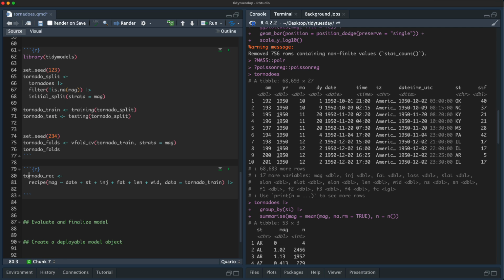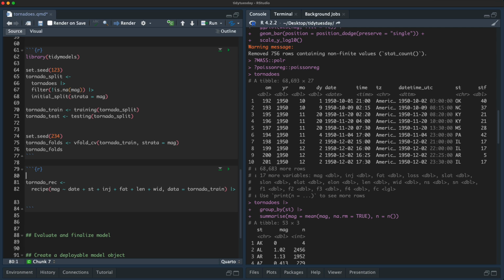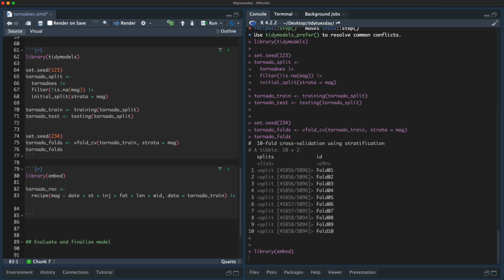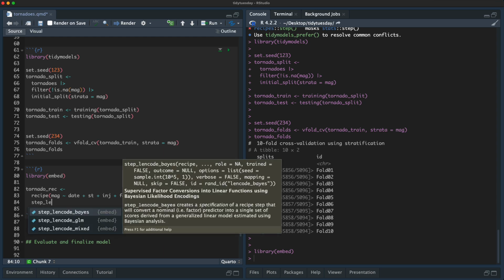So I'm going to load the embed package like this, and then use a function from the embed package called step_lencode_glm, a likelihood encoding.